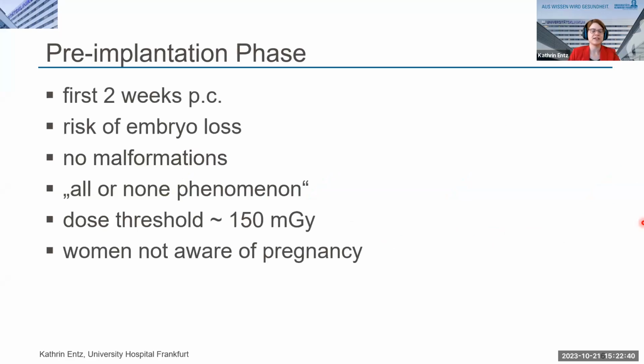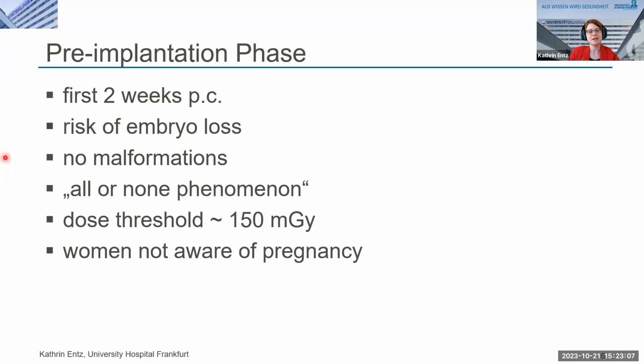So let's first have a look at the pre-implantation phase. Like I said, it's usually roughly the first 2 weeks post-conceptus. If a woman is irradiated or had some imaging during that phase, then we have the risk of embryo loss, but not of malformations. And this is called the all or none phenomenon, or all or nothing principle, or something like that,